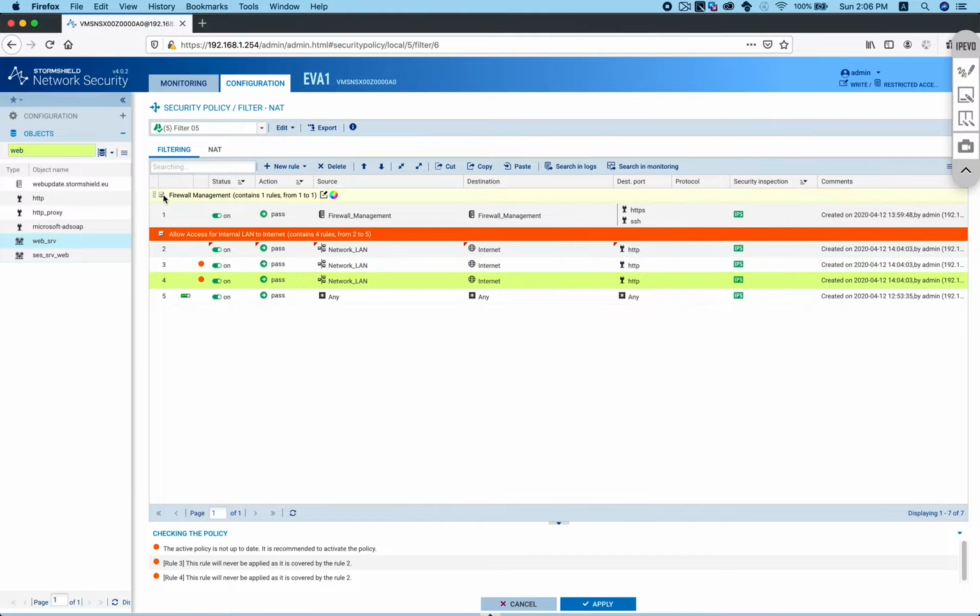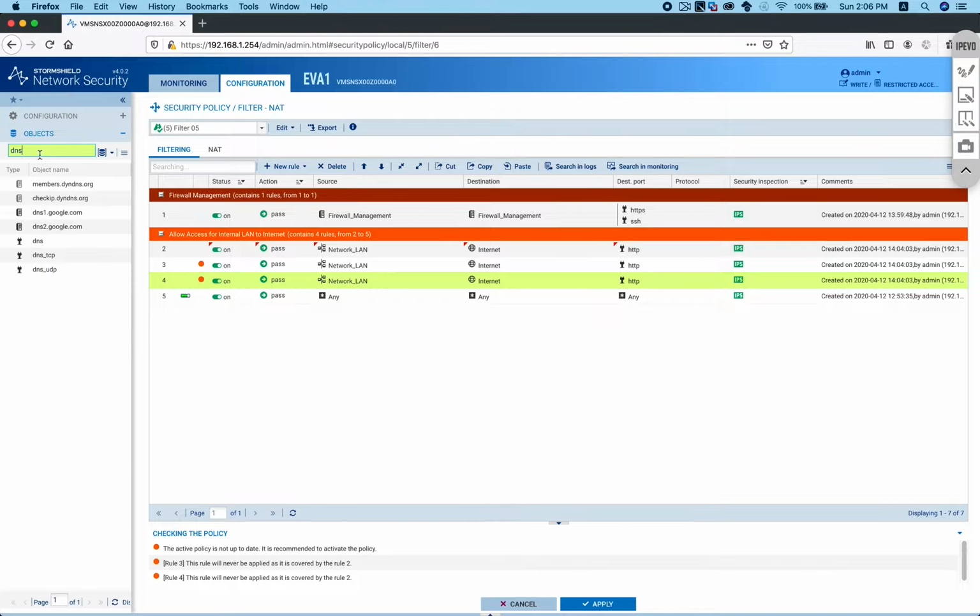So in this case, I want to also choose DNS. Maybe it depends on the scenario. I would only be allowing DNS to my Active Directory or my DNS server, for example, as a source. Maybe I will be allowing only my network LAN to be accessing DNS to destination my DNS server. So it depends. I'm just giving you an idea of how different rules can be used. And also I want to choose, for example, HTTPS. So in HTTPS, I can also allow it here, so it will replace if you put it on top of